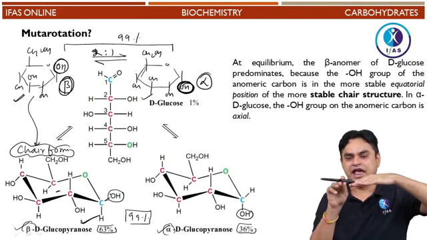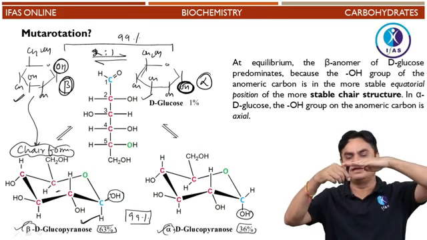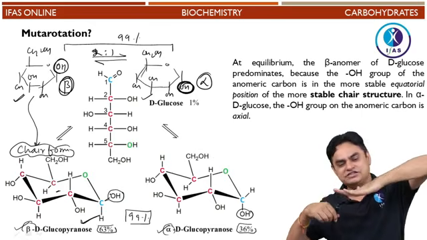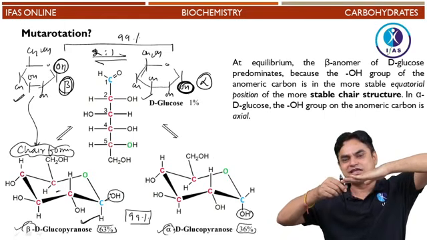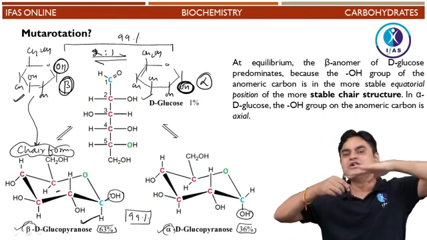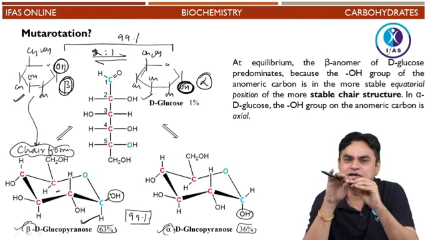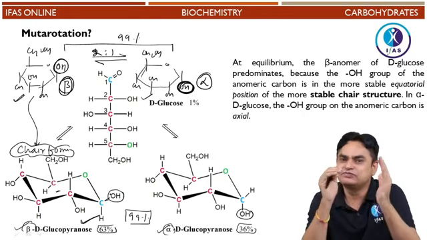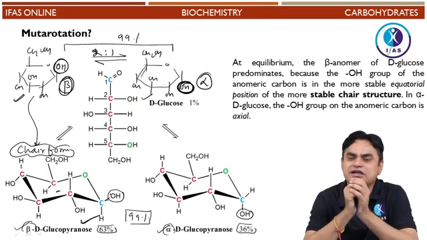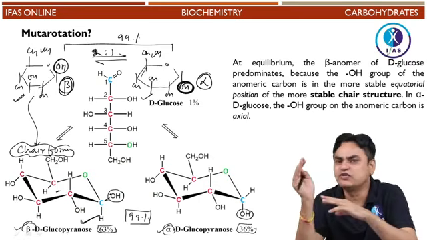a chair form. In the alpha anomeric form, the OH group is like this, down the plane, meaning it is axial. So let's say this is the chair and this is the OH group, it is in the same plane. If the OH group is like this, you will say that it is axial. So when the OH group is axial, it decreases stability. If the OH group is equatorial, as it is seen in beta D glucose, this makes the structure relatively more stable. So that's why, out of alpha D glucose and beta D glucose, which form is more prevalent?